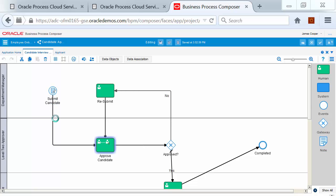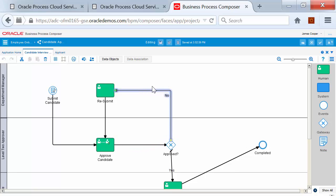The reason why we did that was, here's a candidate being entered by the department manager. It's approved or rejected by that manager's manager right here. But if they reject it, I want it to go back up. The reject button on the form is in the output variable that just got mapped to approval output. So to set that condition right there, to make it flow through this, I need Boolean true false logic. Just double click it